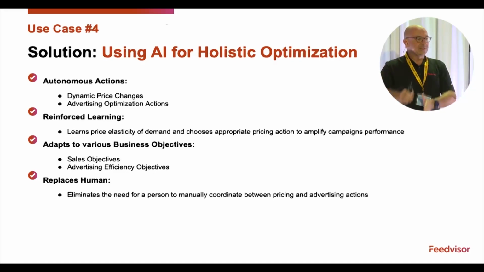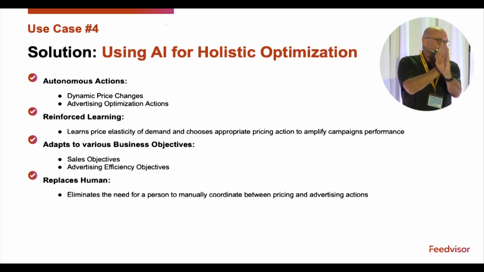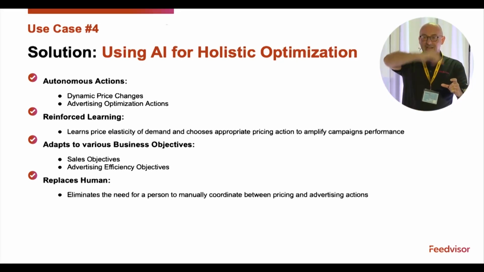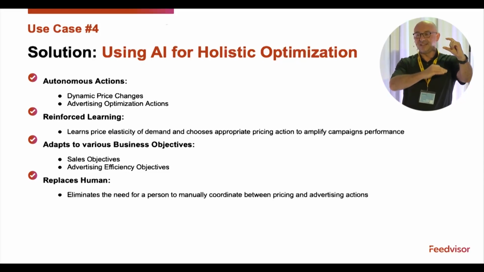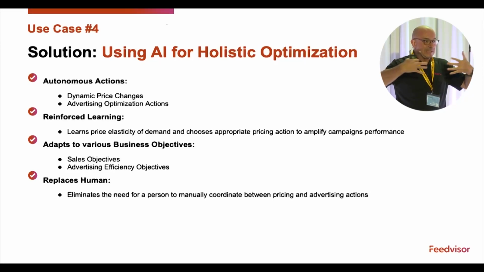If at a certain point that leads to elasticity actually increasing, and it leads to the fact that your price is now going to drop the demand, now you should stop and get back to the point where demand is optimal, because otherwise your ACOS is going to be through the roof. Because you increased your price, your orders went down, your sales went down, and now you have less sales against advertising, your ACOS is through the roof. So that's an example of where you really need to watch the two together, and this is where the combining